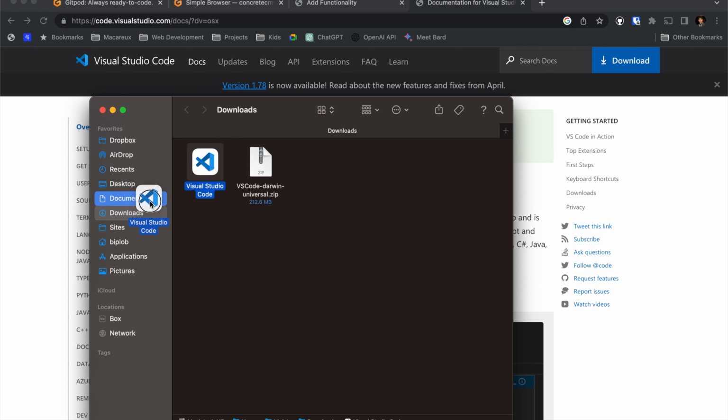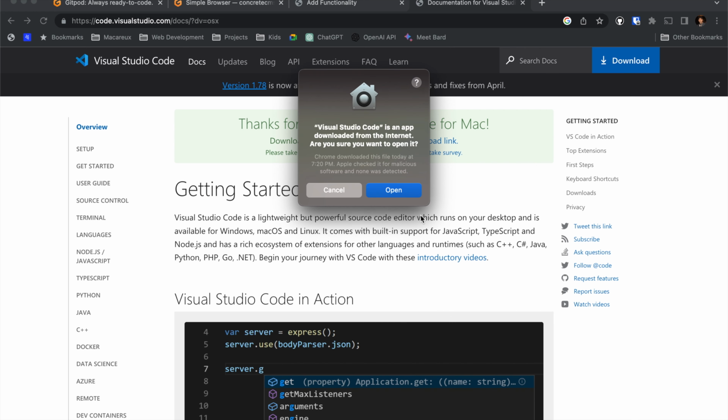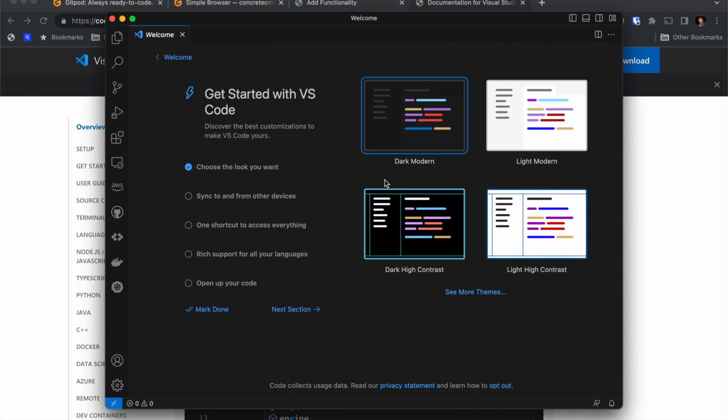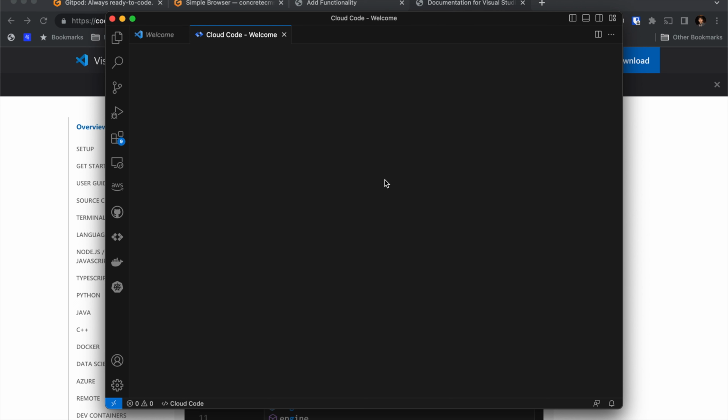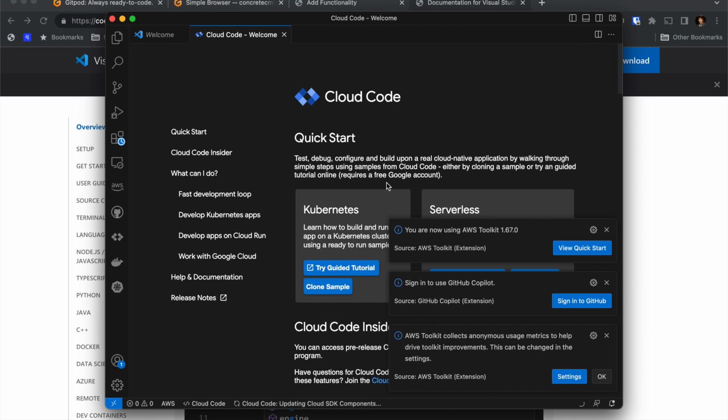Just drag and drop the code to the application directory. It's trying to install the plugins I already have used. It's synced to my account. Let's skip this now